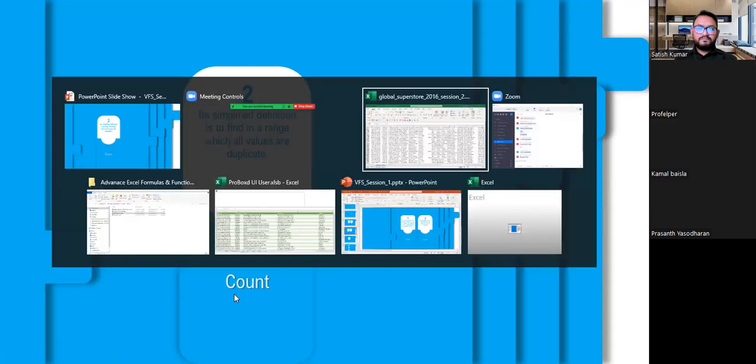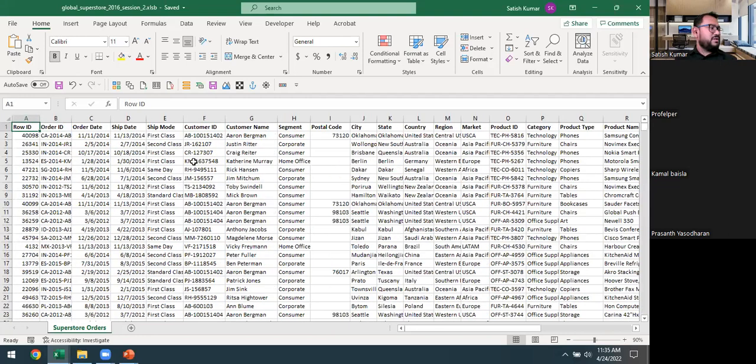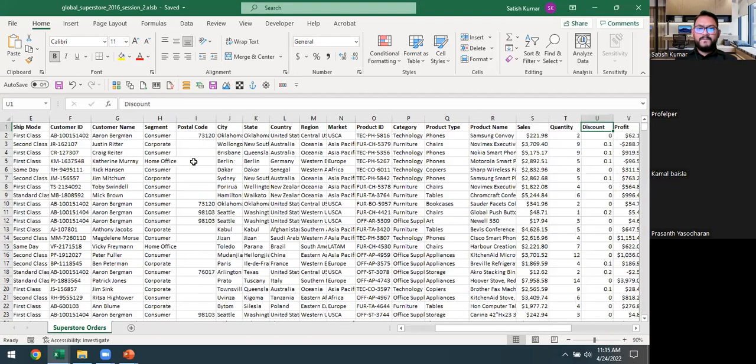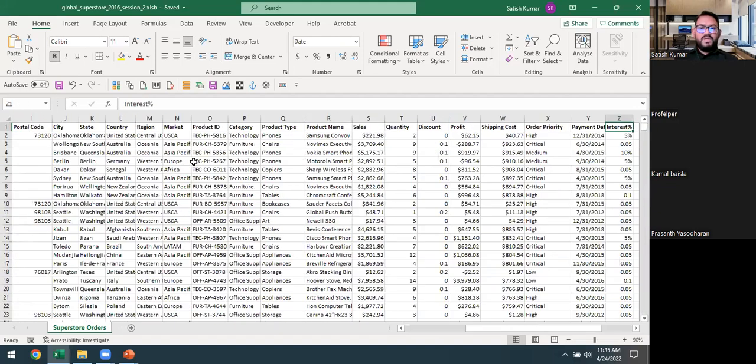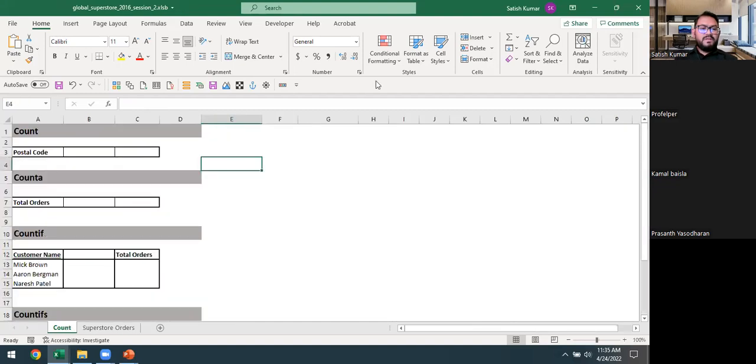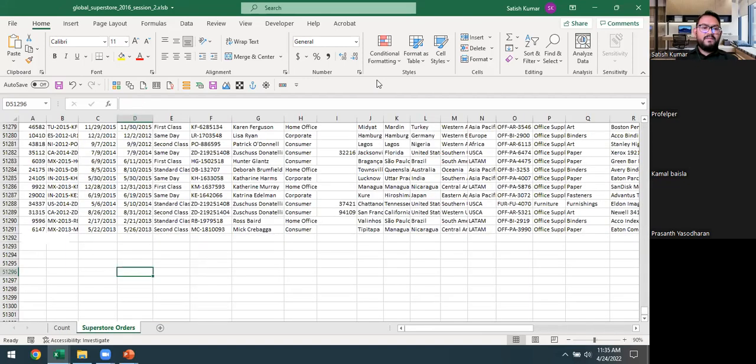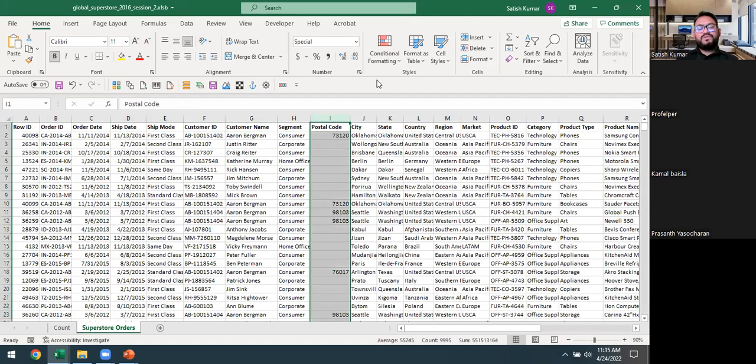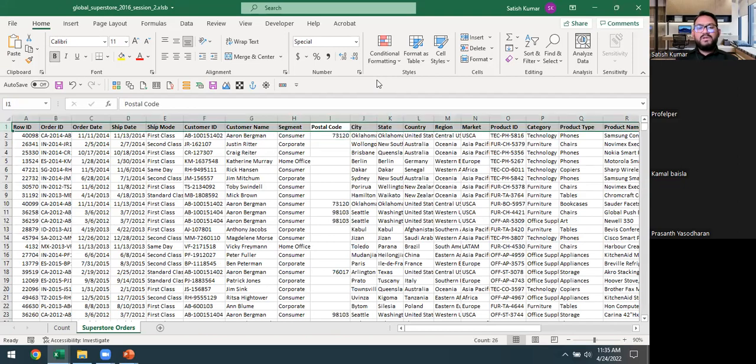This is the same data set range which we used yesterday. We are using this one today as well. We have already mentioned the functions which we are going to cover in this session. First is the count function. What is count going to do for you? We have some postal code criteria, right? We have postal codes in our data. What do we need to find out? While the customers were making orders, someone made